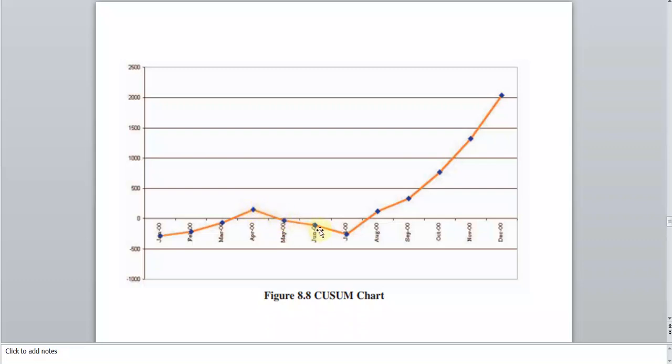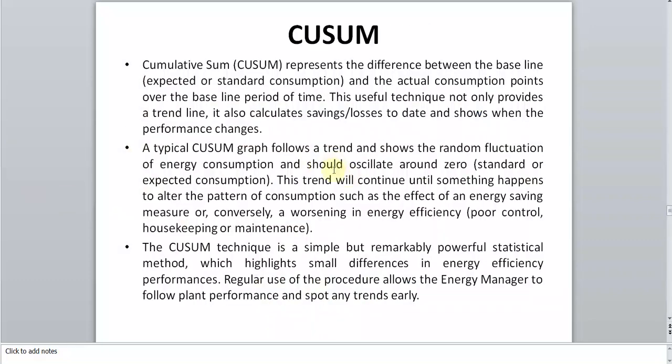In the month of May again it will be less, and this is the trend. Which we can see, and from understanding and analyzing this trend we can save the cost of energy. So basically it calculates the saving or losses to date. Now here this CUSUM graph follows a trend and shows the random fluctuation of energy consumption, and it should